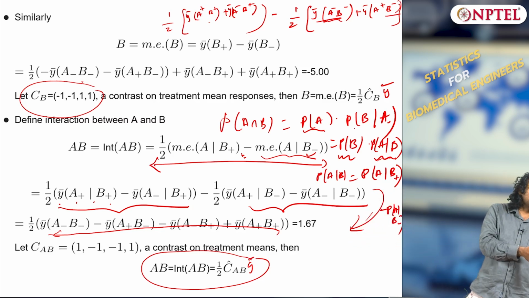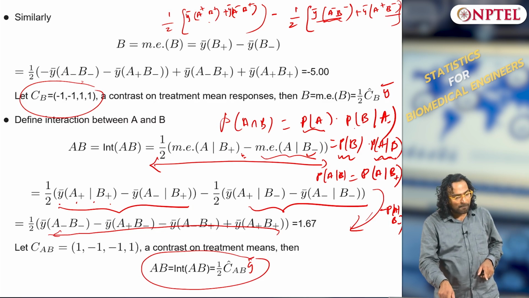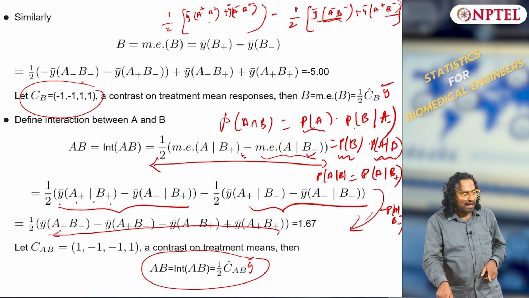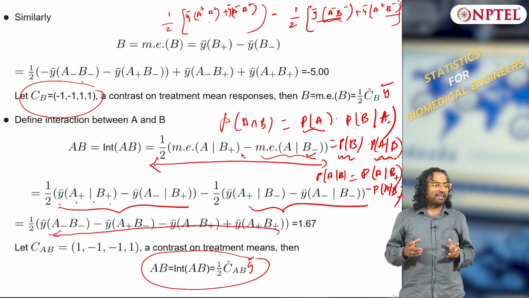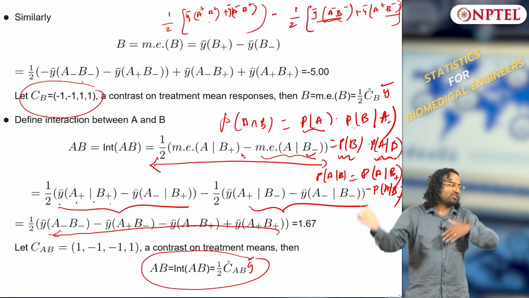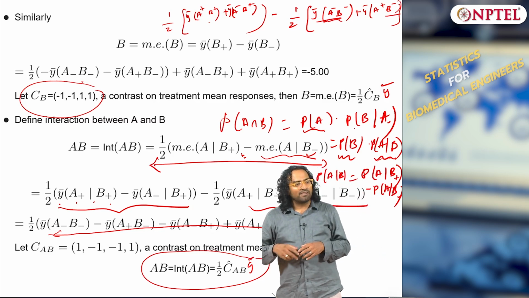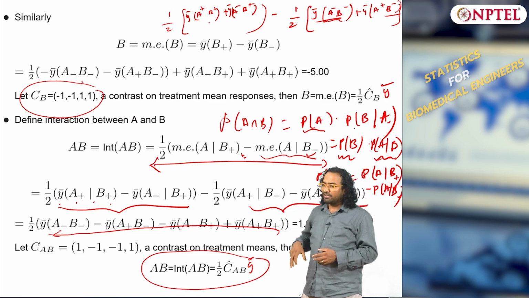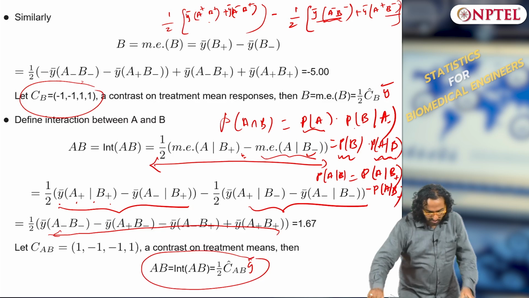Then each of them will have its own subset. Now A itself has 2 portions, that is it can happen at A plus or A minus, and because of the replicates I am adding the average term. So you have A given B, but A given B itself is 2 parts, A given B plus minus A given B minus, the effect is just because you are going from one switch to another. Then each one of them will branch out into 2, because A itself is 2 parts, A plus and A minus. So that is how you get this equation, okay, this equation.